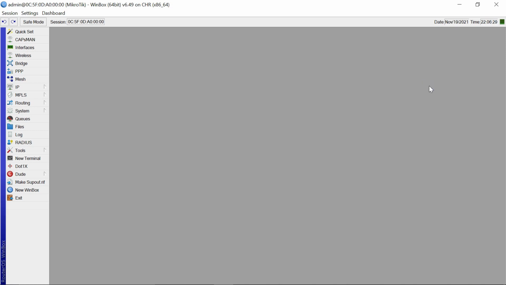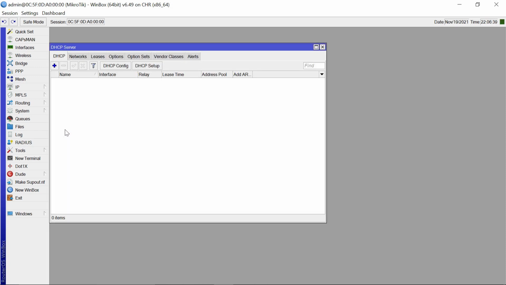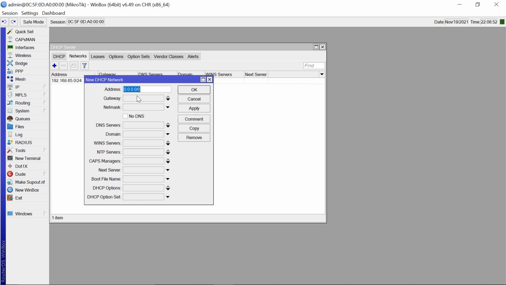So the next thing that I want us to do is create a DHCP server where our clients will be pulling from. So we come to DHCP server. For this case, I want us to just create the DHCP server manually and not use the wizard. So we come to networks, add, and our address is going to be 172.10.10.0/24, and our gateway is going to be